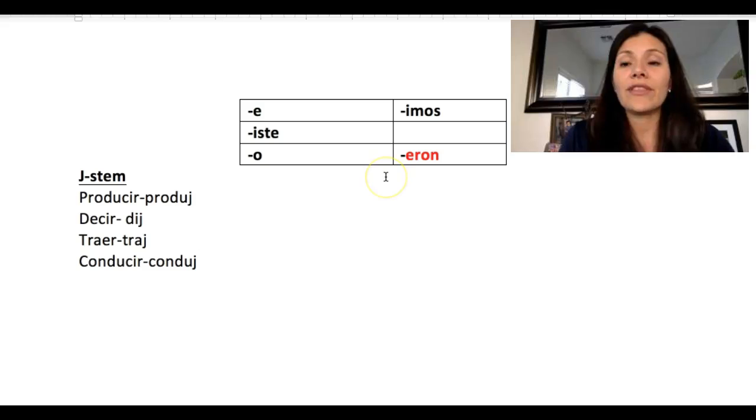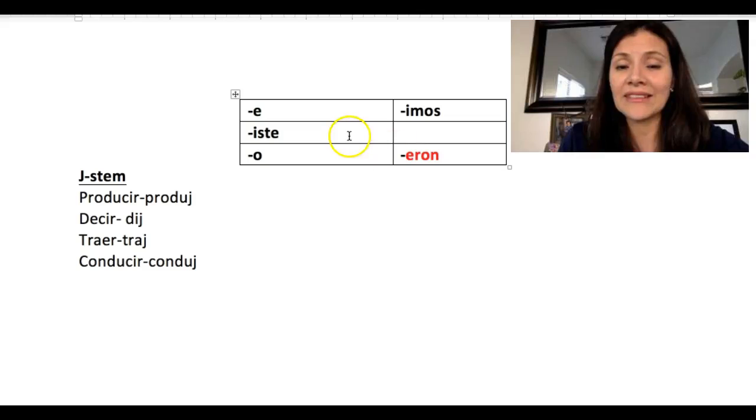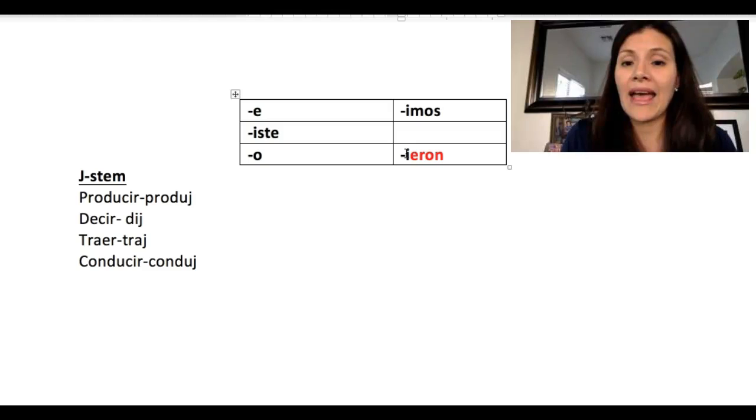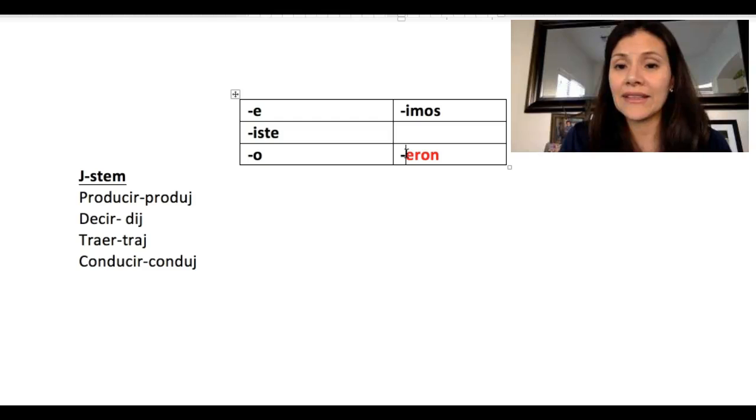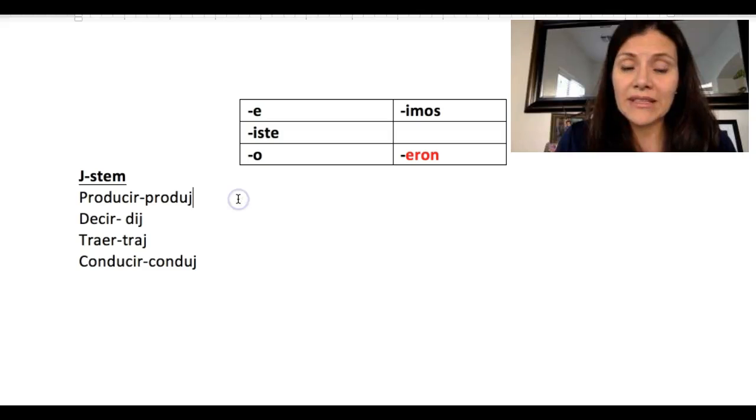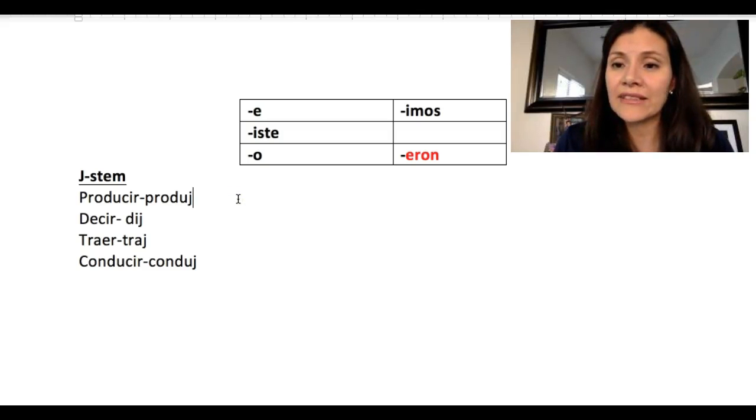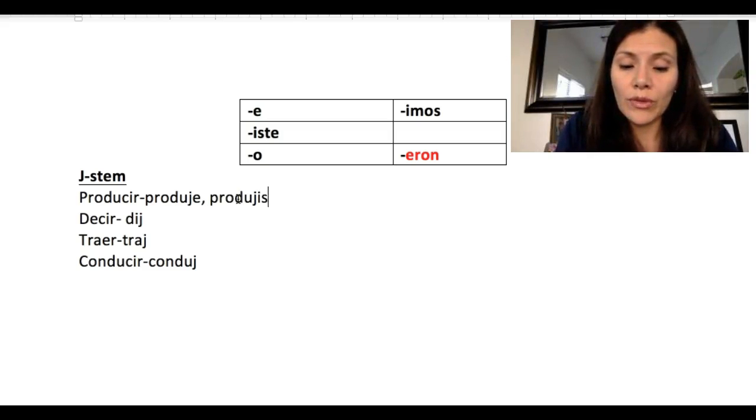But notice that the difference between these endings and the ones that we had previously practiced is that the ellos, ellas, ustedes form does not have an I. Notice that I added the I and deleted the I on your screen. It's only going to be eron, which means that the verb producir is going to be conjugated as produje, produjiste, produjo, produjimos,